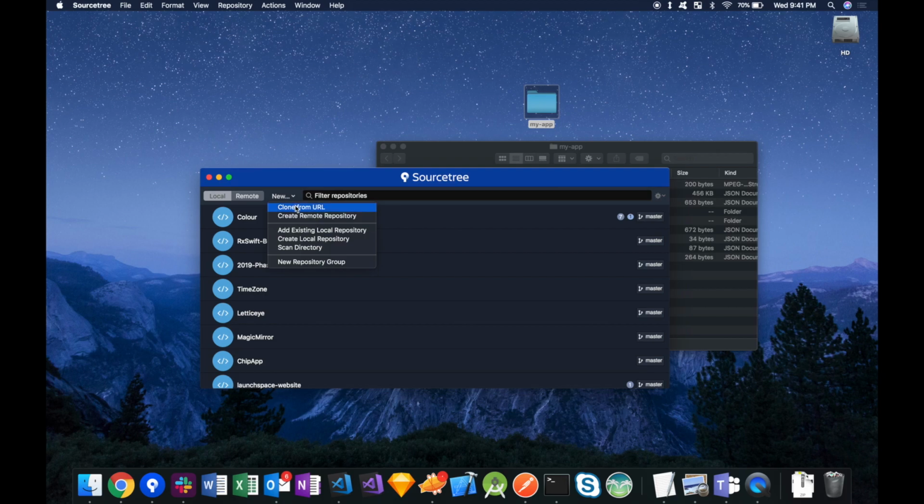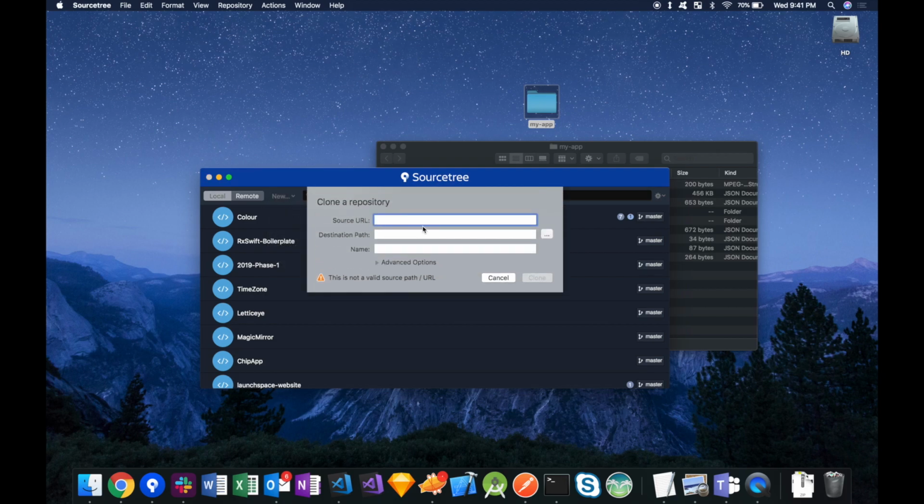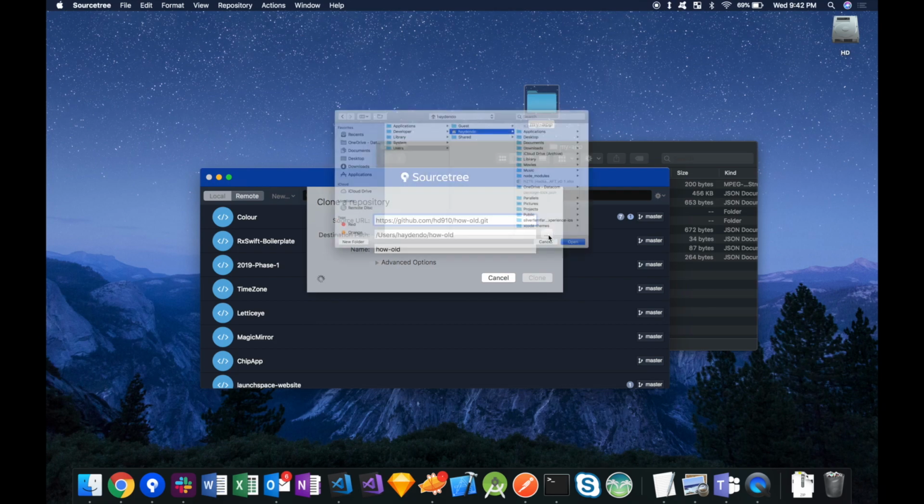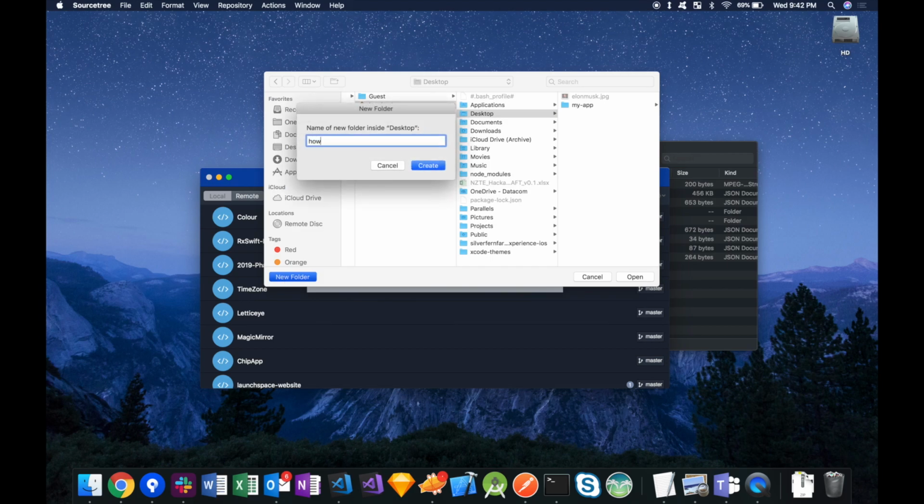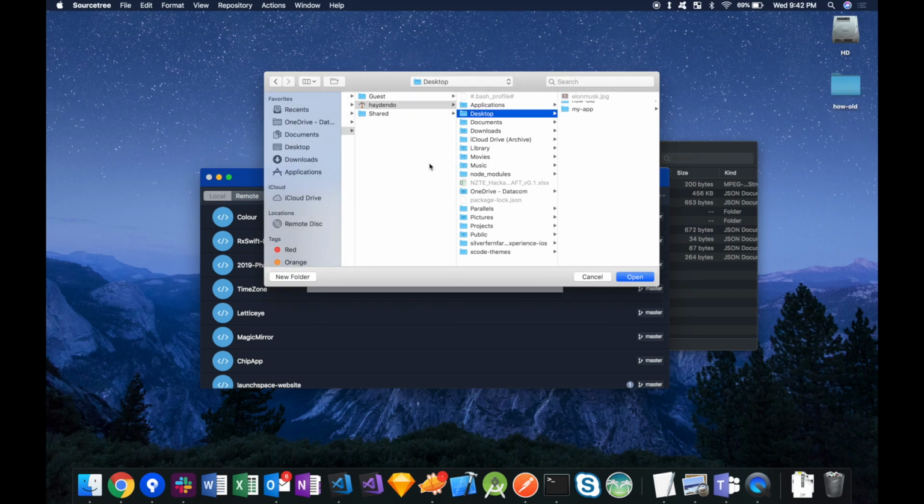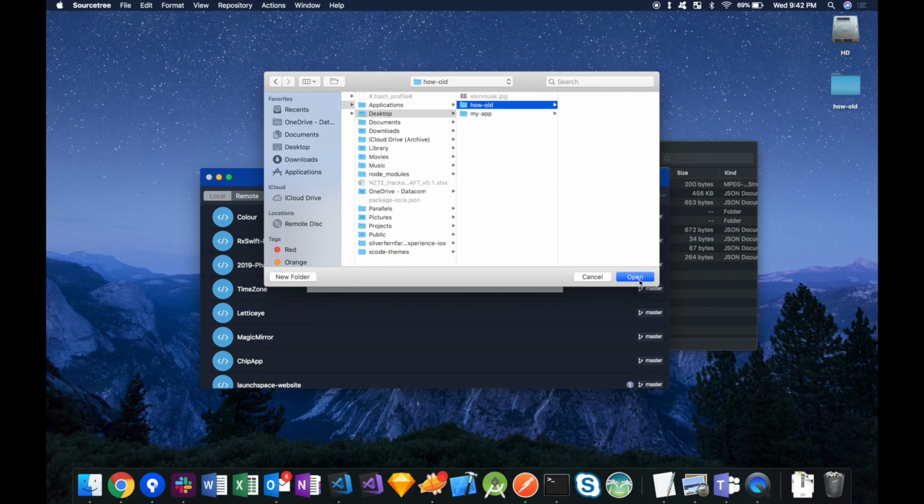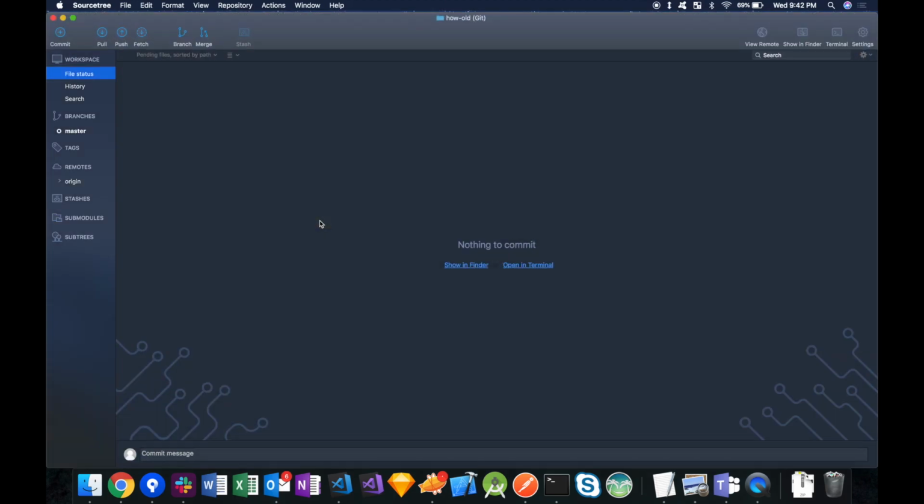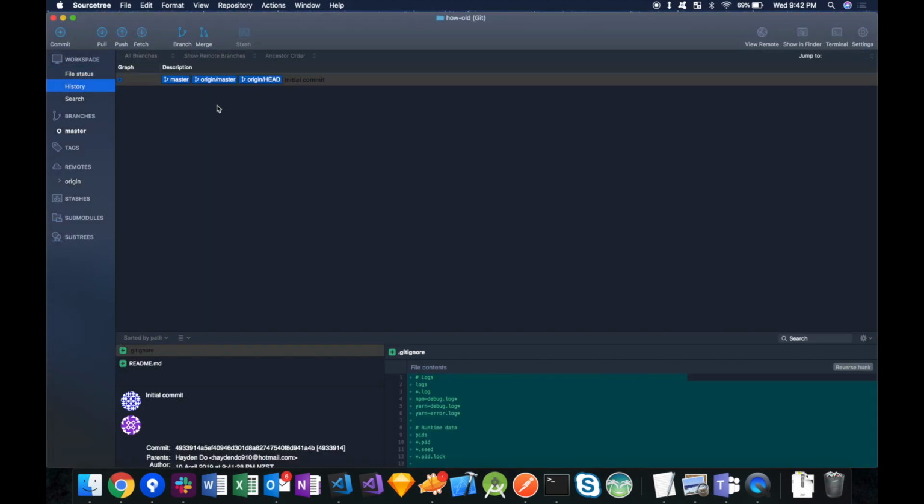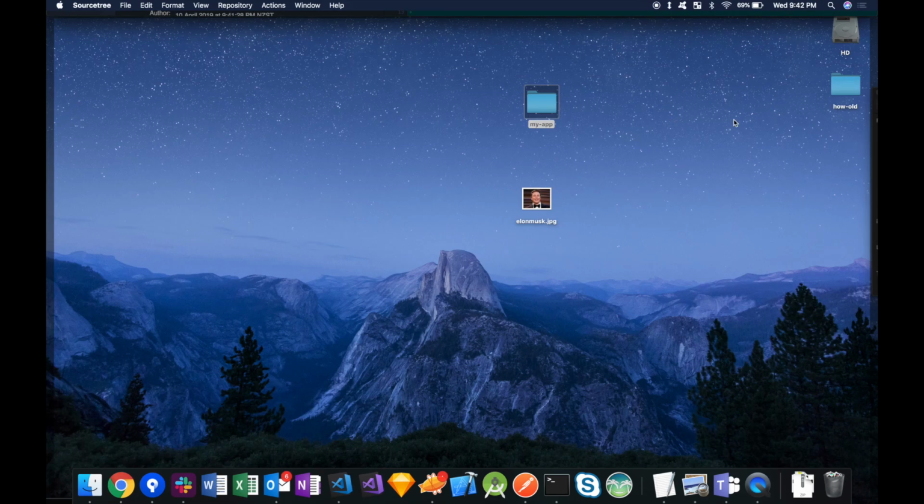So I'm going to clone by URL, copy the URL here, add in a destination path. Just going to put it in desktop, create a new folder called How Old, and I'm just going to put it in there. Clone. So if you look under history, you can see that there's an initial commit where there were two files that were automatically added in. So now what we want to do is open up that repository folder,